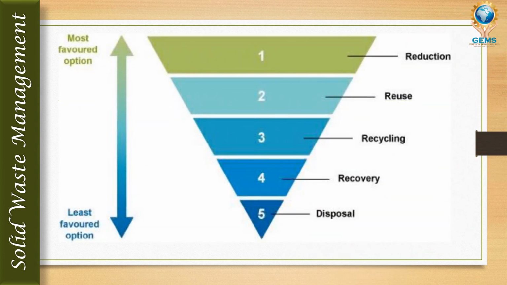In the waste hierarchy, the first one is reduction, the next one is reuse, the third one is recycling, and then recovery and disposal. Reduction is nothing but reducing the space and so on. Reuse is whether a thing can be reused after the recycling process is done. Recycling is also very important. And recovery: how can we do the recovery? And disposal, once there is no other option to recover the thing.